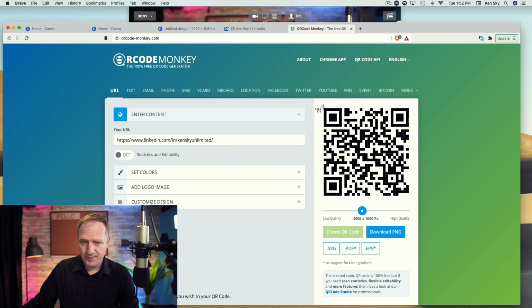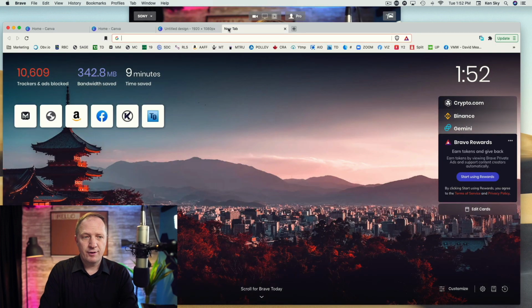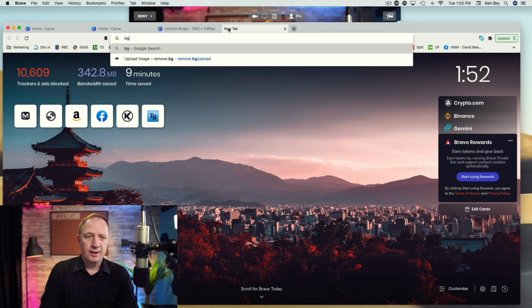Now, if you like, you can create an account at QR Code Monkey. You don't even have to if you don't want to. You can simply take a screenshot of this code now. Take it right there, from there to there. And now I've taken a screenshot of this code, and that code will now work for me. There's one more thing I'm going to do with that code, and that is remove the background from it. So for that, we're going to go to